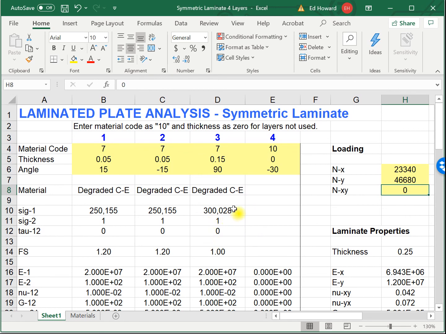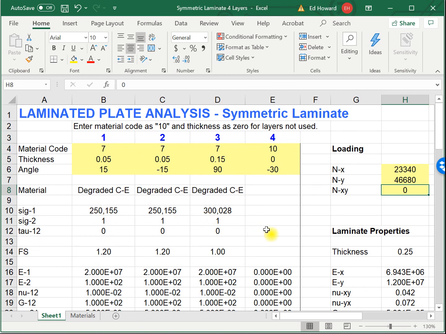And you see, by the way, the sigma 1 is, within a little round-off error, the tensile strength, 300,000 psi. The plus or minus 15s are slightly over-designed, but you see that essentially we only have stress in